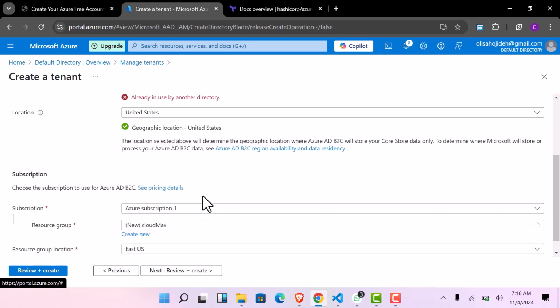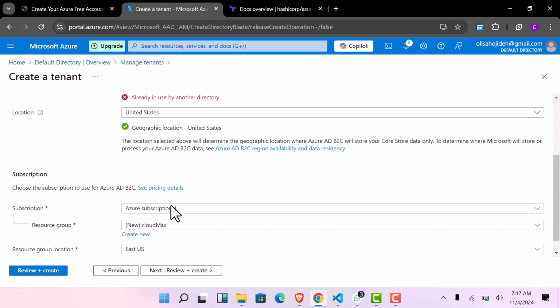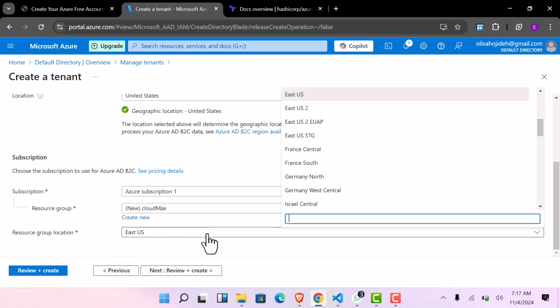Include Cloud Max. Resource group location will be in East US,